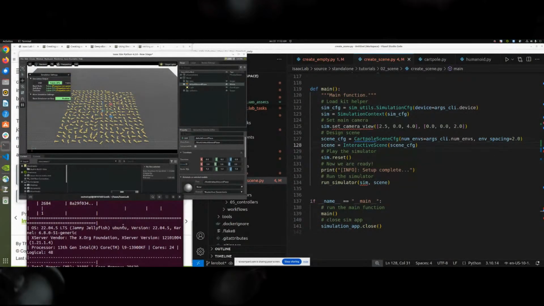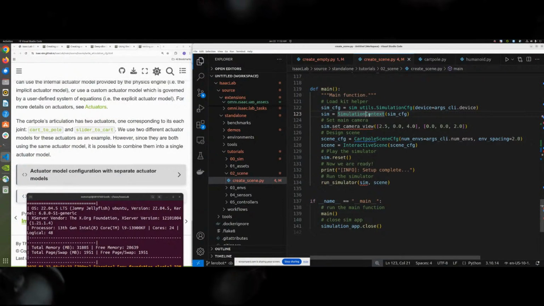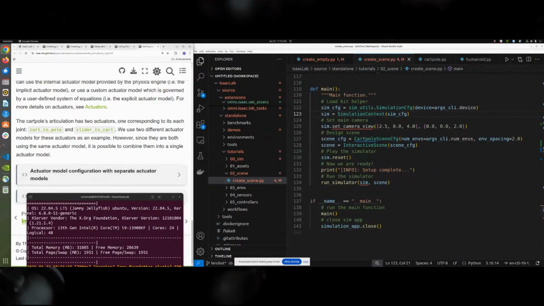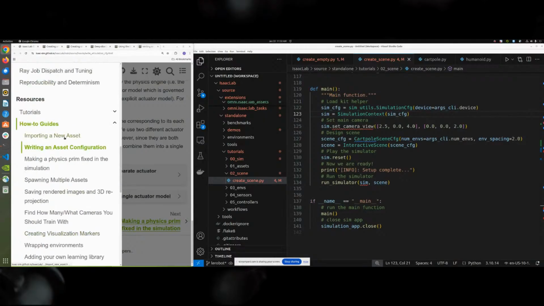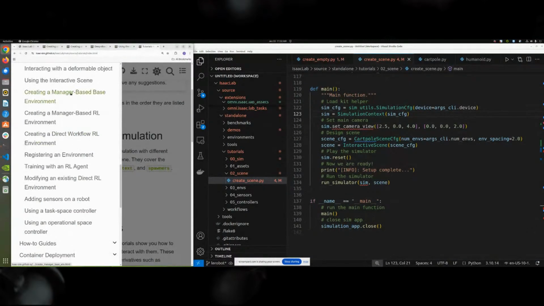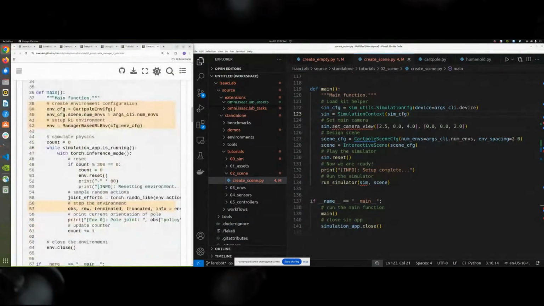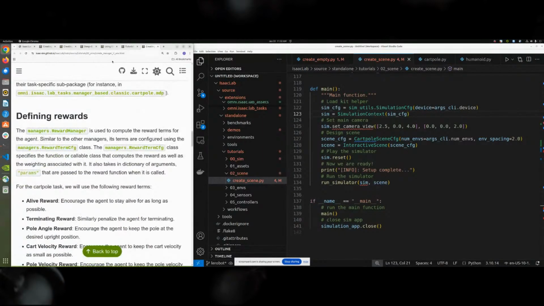All right, I think that is what we have here in terms of creating a scene, importing, having a robot configuration file, importing that robot into the scene. And you can then go through the rest of the tutorial whereby you have, okay, now I have my scene. Back in the tutorial, where now I have my scene, I need to create an RL environment, either manager-based or direct workflow. So most of the time, the only difference from what we just showed is that now you have your